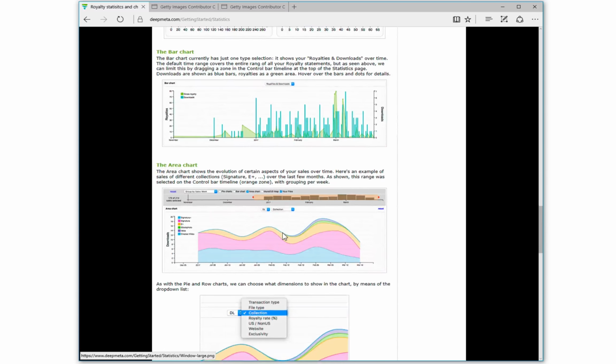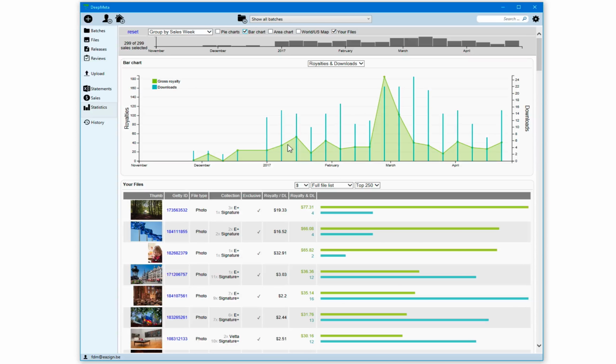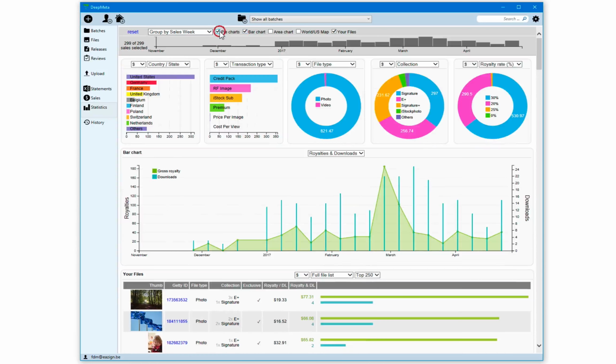If you have additional questions, of course, as usual, just go ahead and ask. And if you have particular requests, because this is just what you might call a version 1.0 of statistics in DeepMeta 3,